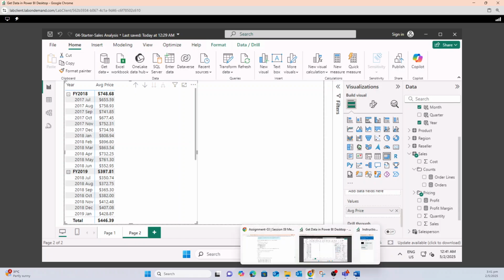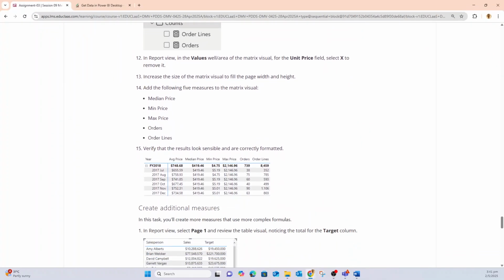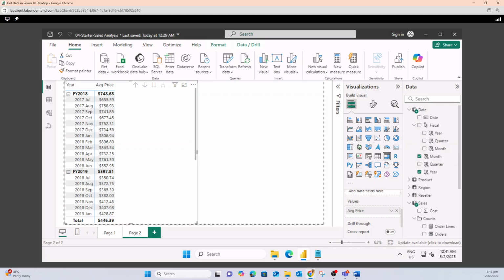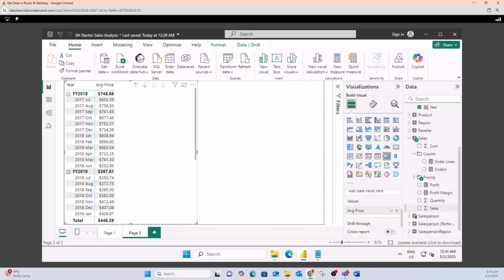5 additional columns, which are the median, minimum, maximum, orders, order lines. Median, minimum, maximum. Click. After that, go to the, where is it just now? In the sales